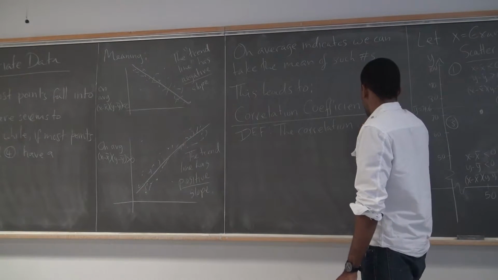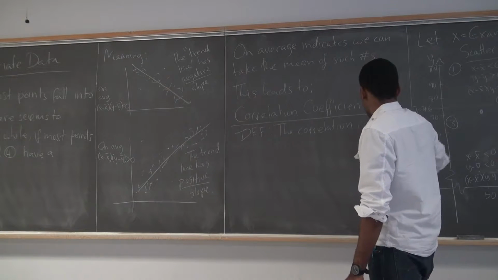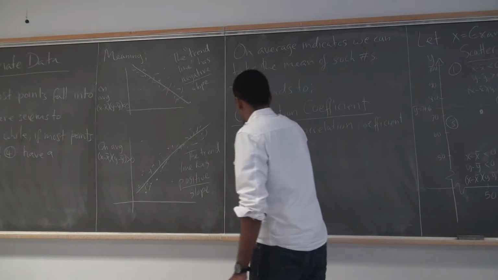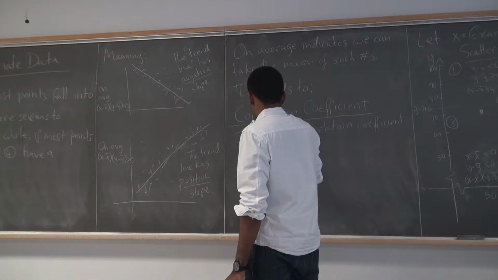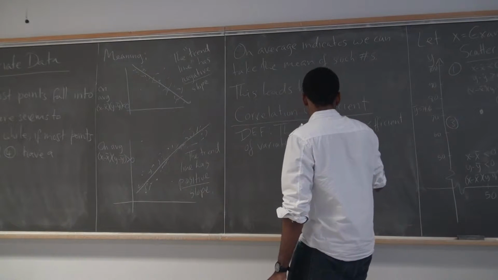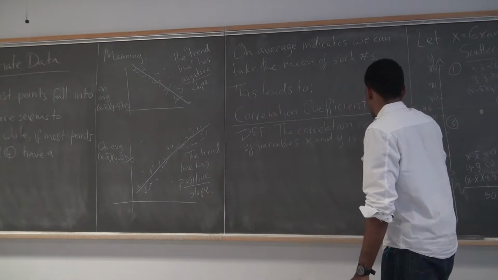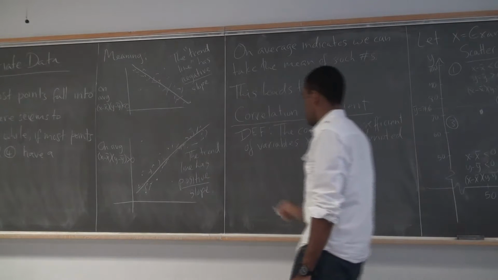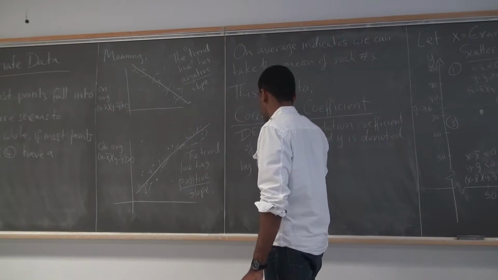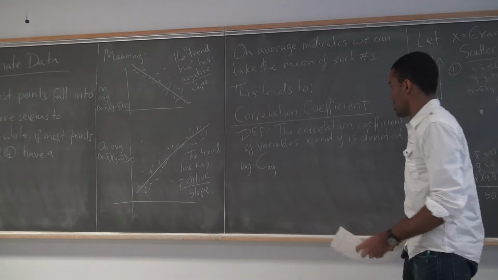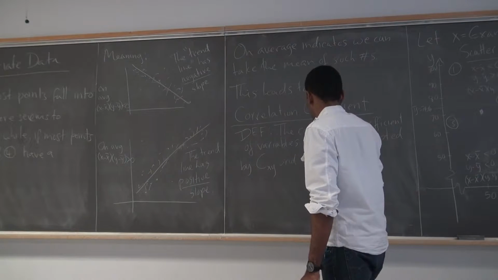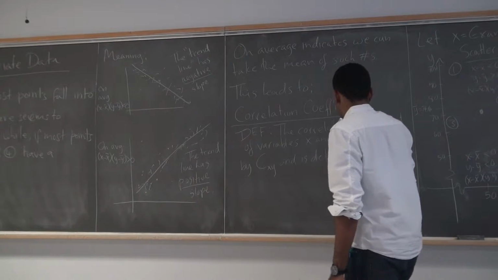The correlation coefficient of variables x and y is denoted, this is the symbol, by C with subscript xy, and is defined as